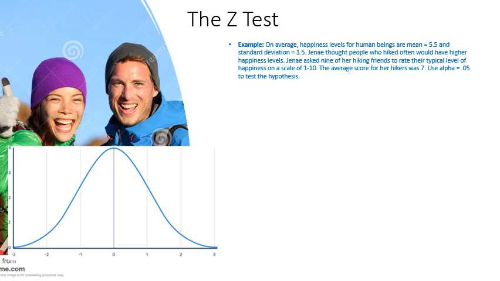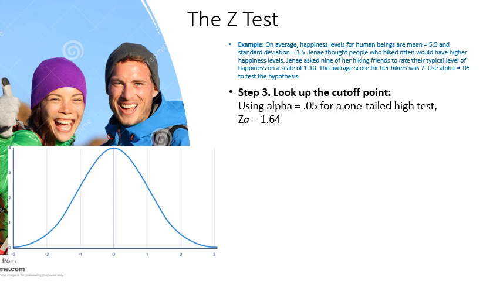So we knew that the next step in our process, step 3, we need to look up the cutoff point. You've used the calculator now many times to enter in alpha, and we have a one-tailed high test, and so doing that, you know that z alpha equals 1.64, and of course we would draw the lines in the appropriate places. So right here would be the cutoff point associated with alpha of 0.05. We'll write z alpha equals 1.64,